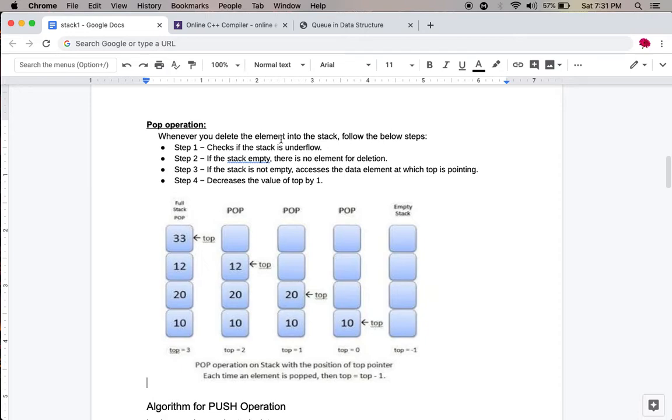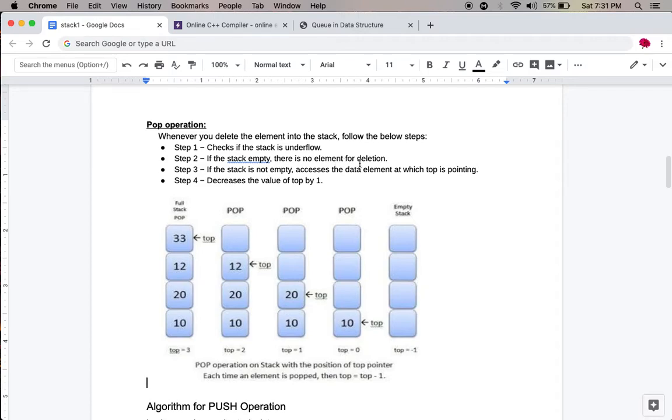Whenever you want to delete an element, you have to follow the steps below. First, you have to check whether the stack is underflow or not. Underflow means the stack is empty. If the stack is empty, then there is no element for deletion.